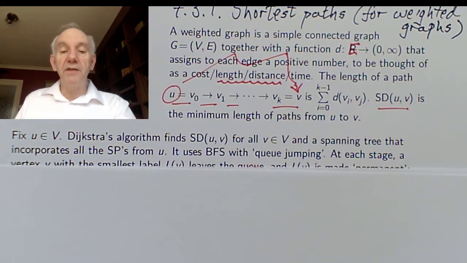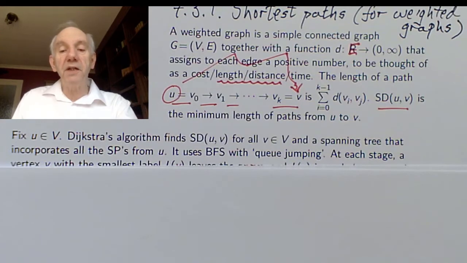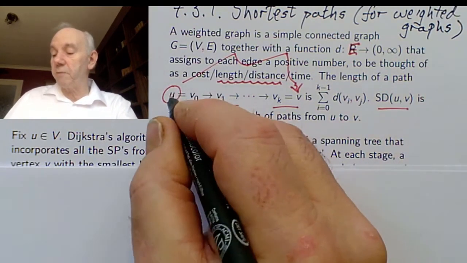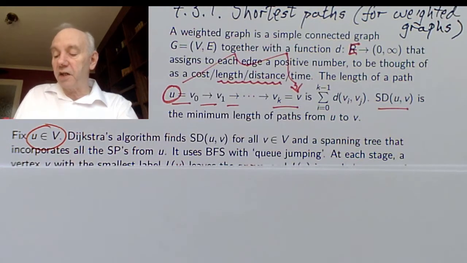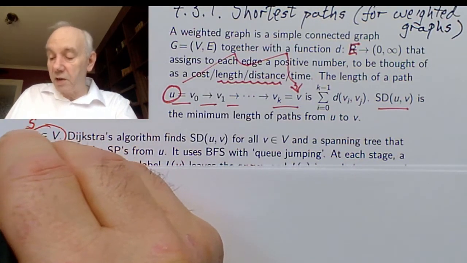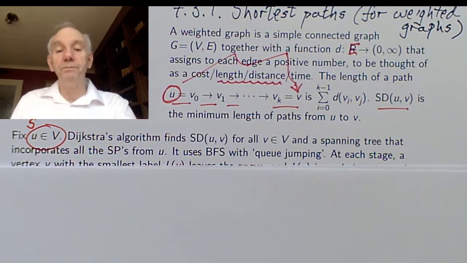So let's say this, that Dijkstra's algorithm, as we did in the last talk, we want to find these shortest distances from some fixed starting vertex to make it easier. So we're fixing a starting vertex. I could have called this S for start. Here I call it U. So as before, we want to find the shortest distances from that start to all the other vertices of the